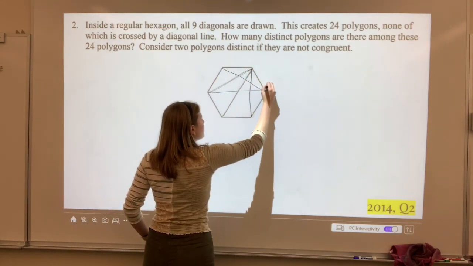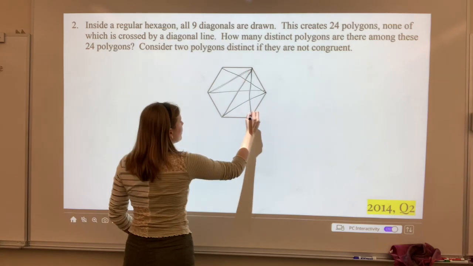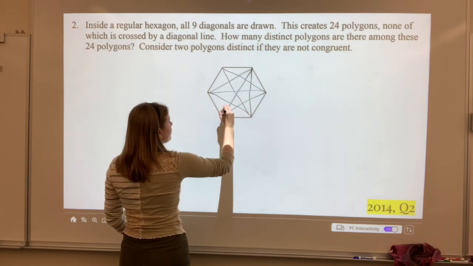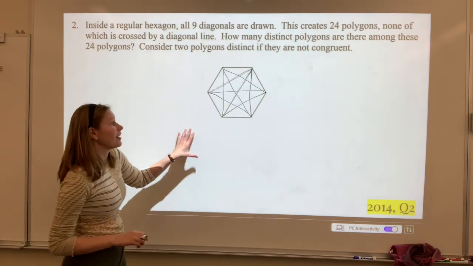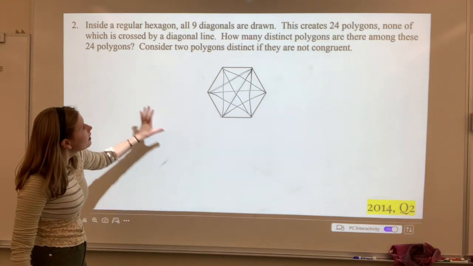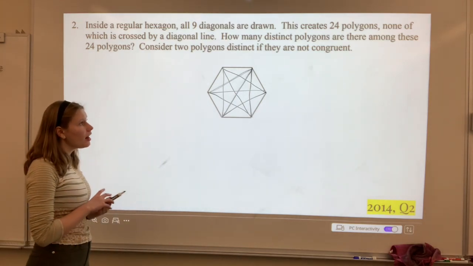So here, here, here, and then since this one already has one diagonal next to the point, we just have to draw two more. And this one, there's already two drawn, so we have one more, and we get the last two, and all those are drawn. Okay, so now that we have the diagonals drawn, it's asking how many distinct polygons are there